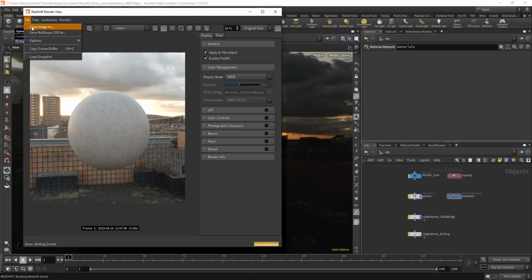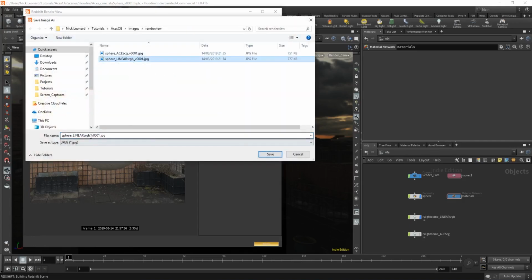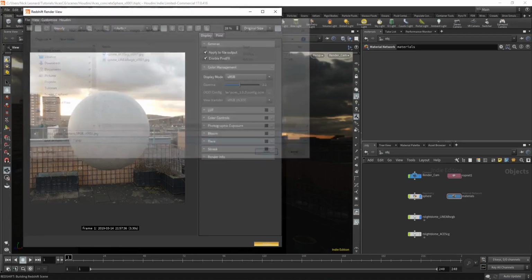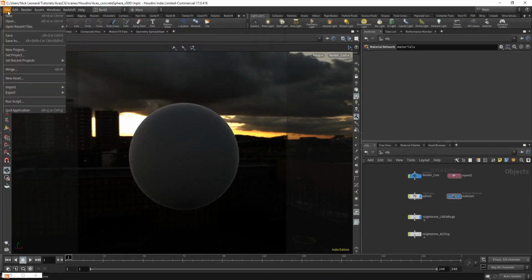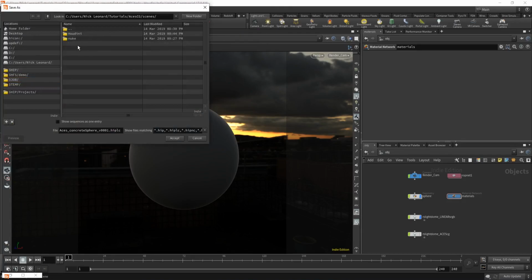Okay, I'll save this image out, and we'll save this as sRGB. Stop render. I'm going to save this scene as